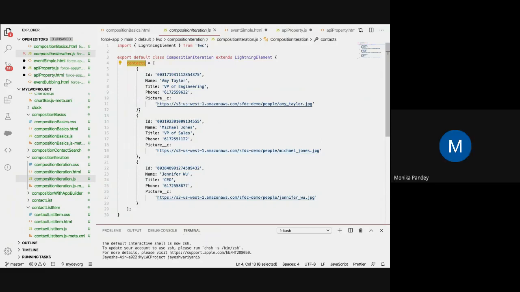Okay, so for that, do we need to write Apex, or can we directly call the Salesforce contacts object here? There are two things there. On the Lightning Data Service part, you can either import the contact by using the UI API and get the details of it, or you can use the server as well.